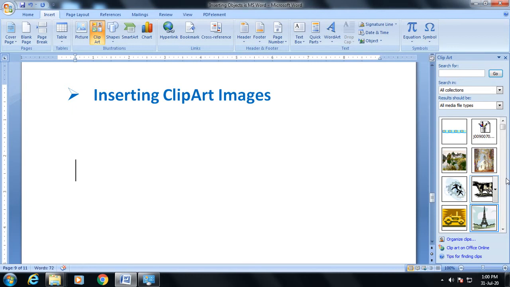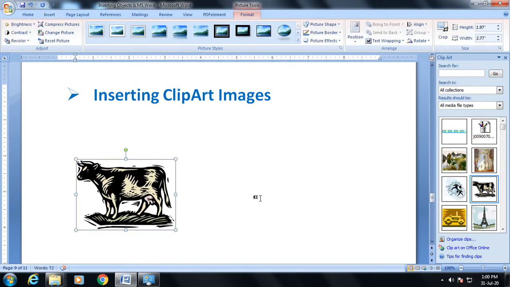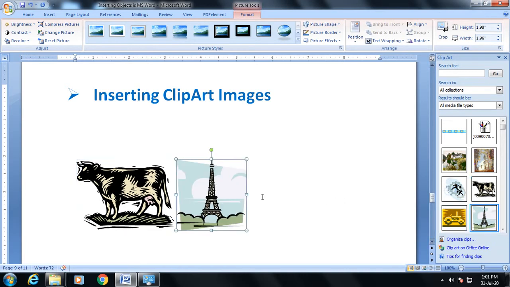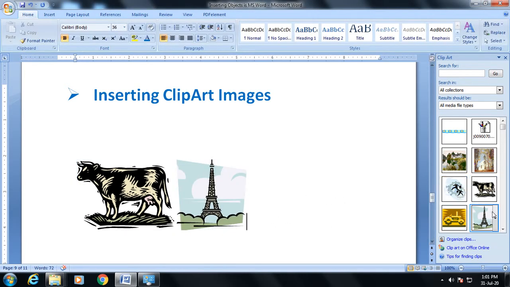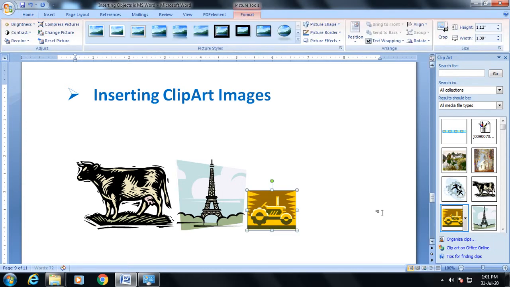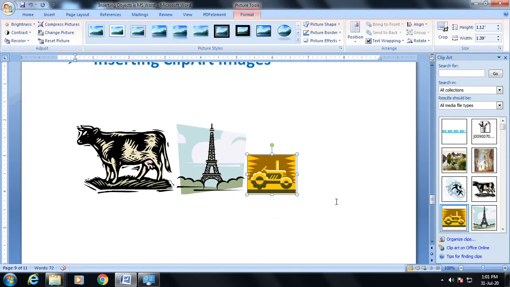If you want to insert a picture of a cow, just click, that picture will be inserted. You want to insert a picture of the Eiffel Tower, just click, that picture will be inserted. If you want to insert a picture of a tractor, just click, that picture will be here.